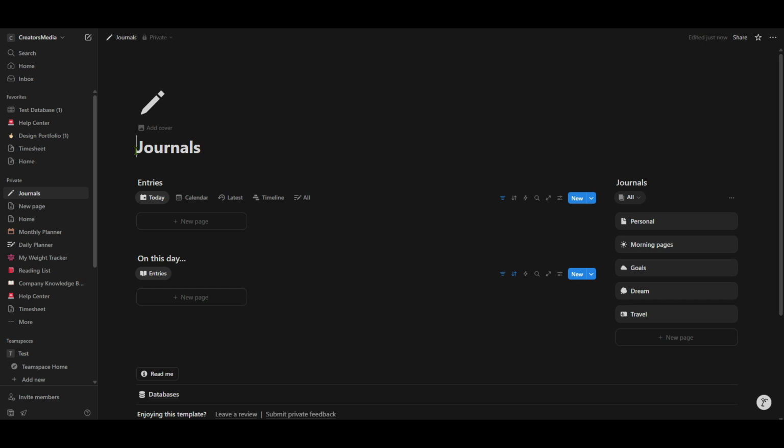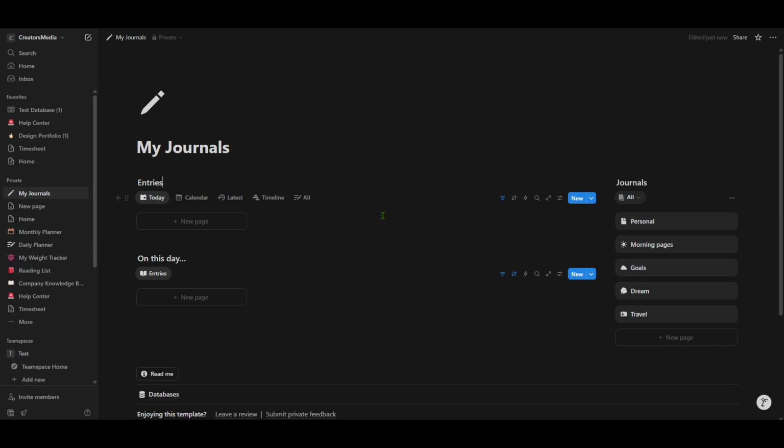As you finalize your edits, remember that Notion is about flexibility. You're encouraged to come back and adjust the template as your journaling habits evolve over time. And there you have it. In just a few minutes, you've set up a personalized journaling space in Notion, ready for all your thoughts, reflections,